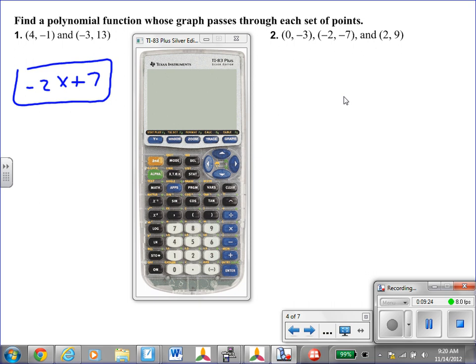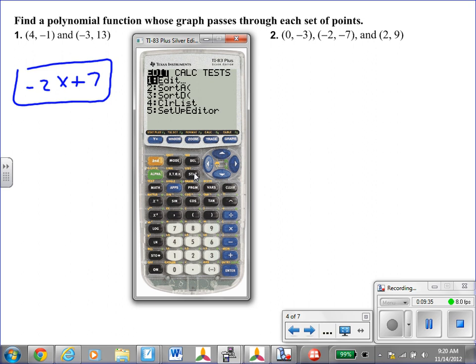Look at number 2. They give you 3 points. What kind of function are we going to have? Quadratic. Remember, you subtract one from the number of points. You got 2. It's quadratic. That's your degree. So you hit stat. It's right here. You hit edit. You can type over these numbers or you can clear them. 0, -2, and 2 are our x, and then our y is going to be -3, -7,